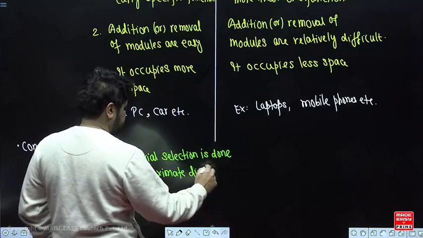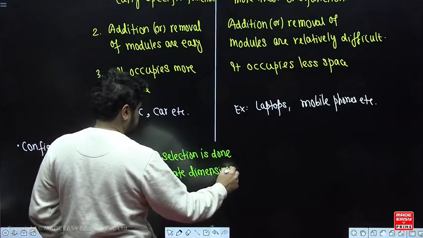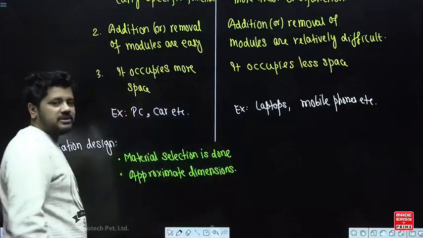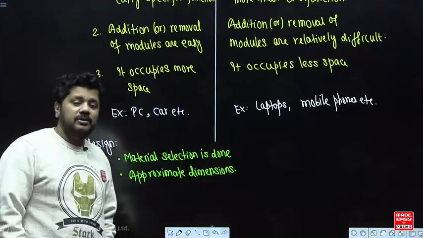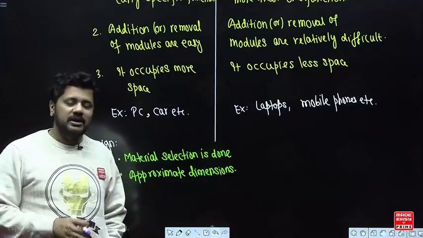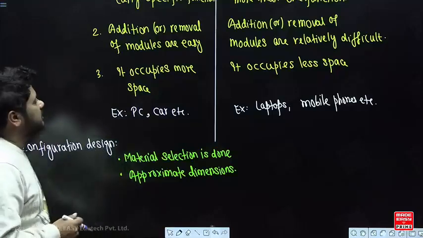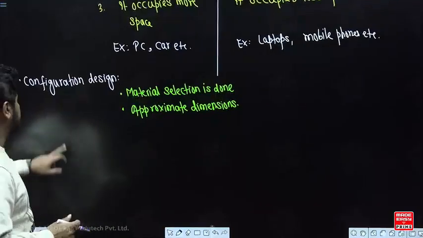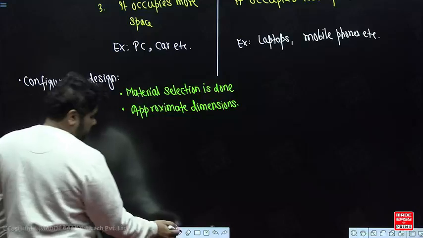Dimension, right. So how much dimension to be given to the product, because it should not be oversized, it should not be undersized, so perfect size should be, so it is approximate dimensions done. Next, after configuration design,